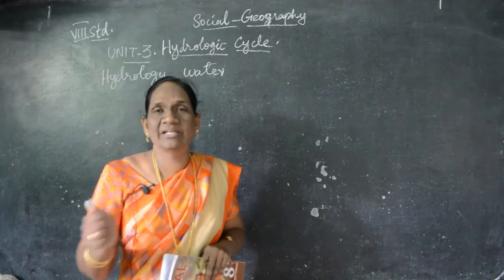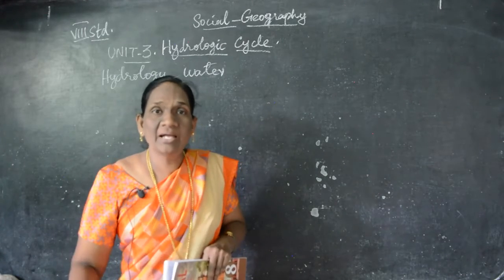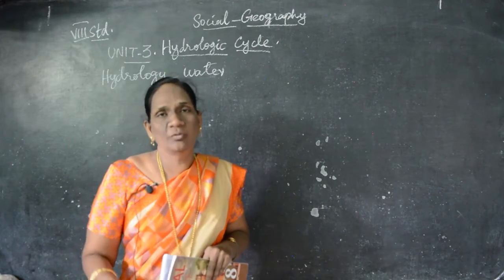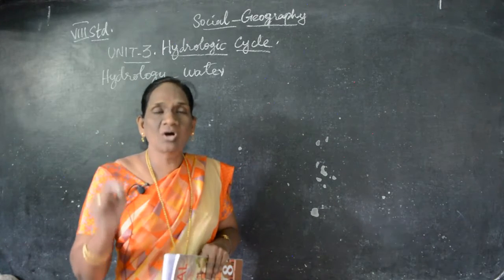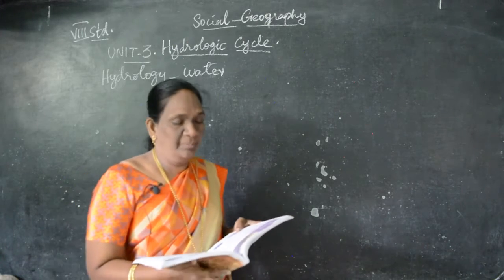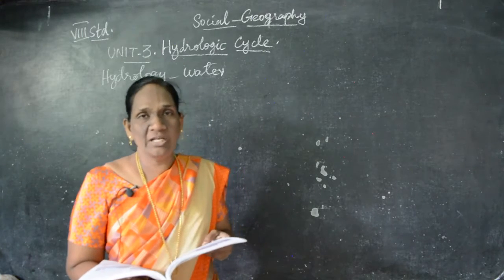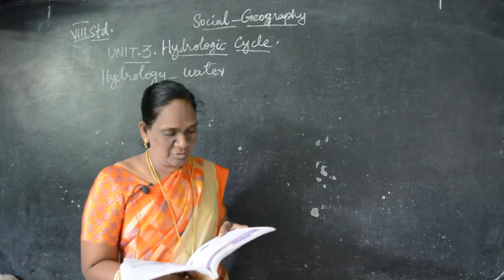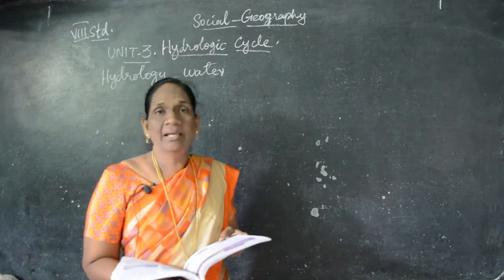But without water we cannot survive. Understand? Even the human being, the plants, animals, all the living organisms, all living beings, we need water. So water is an important source which God has created in the world. Understand? Okay. And it is a very important element for all the plants and animals. For drinking purpose as well as domestic, agriculture, industrial purpose, all these we need water. And water is a very important indispensable element.